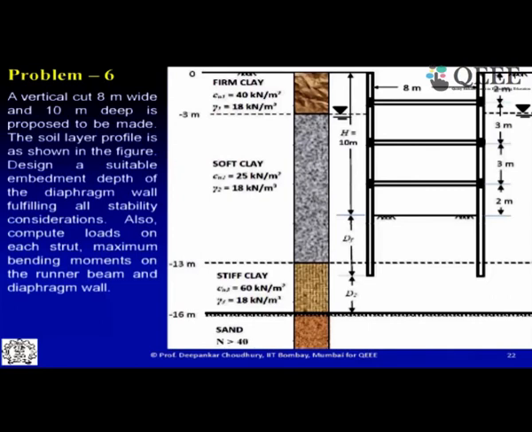Here we found clay up to a depth of 3 meter, then up to 13 meter depth soft clay, and from 13 to 16 meter a stiff clay, and beyond that you have a very good dense sand with N value greater than 40. And the water table exists at this depth only, that is at the interface of found clay and soft clay. Here it is mentioned that let us provide the struts at an interval of 3 meter to each